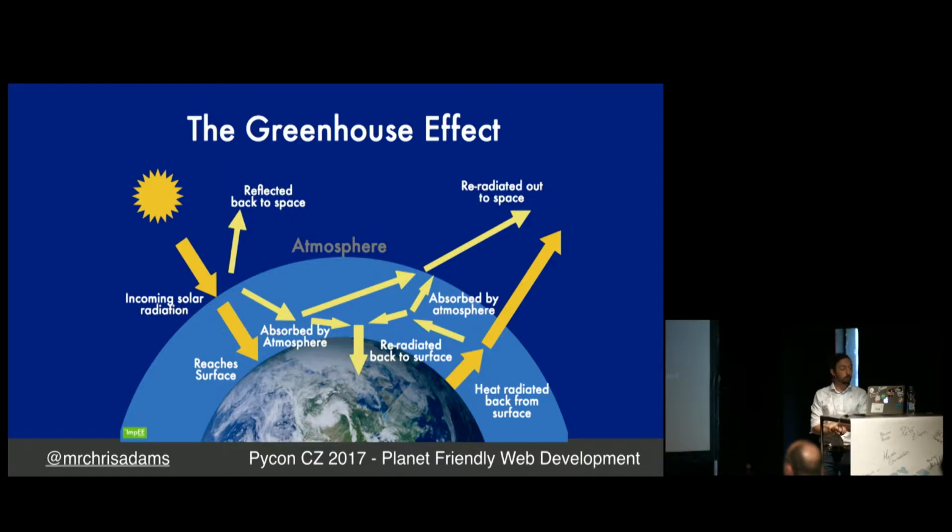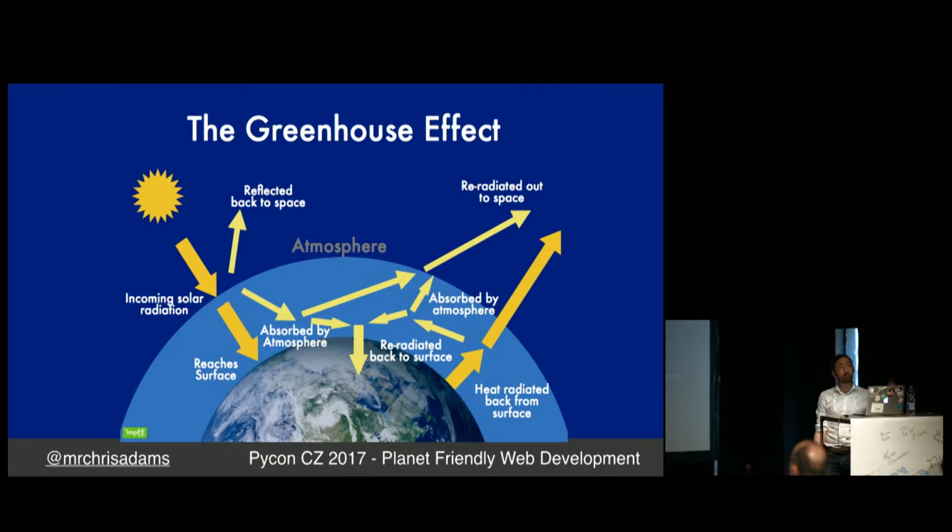But what's special about Earth is that we have large quantities of certain gases within the atmosphere, primarily CO2, which bounce energy back into the planet. So this energy warms up the planet, and we refer to these gases as greenhouse gases. And this phenomenon we call the greenhouse effect. So the greenhouse effect has been very, very useful to us. It's what made life possible in the first place.